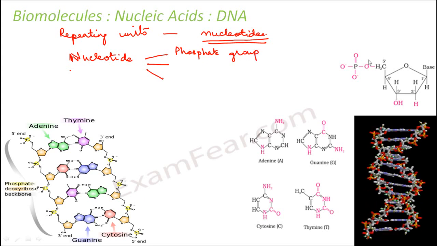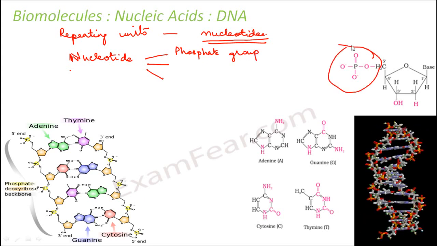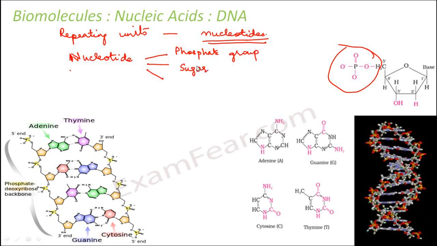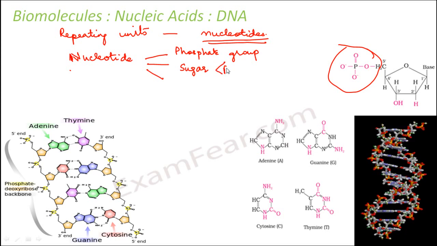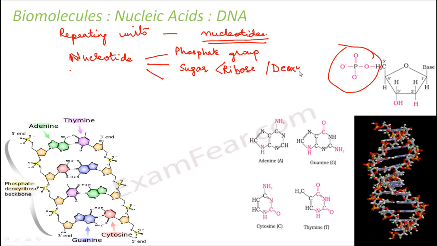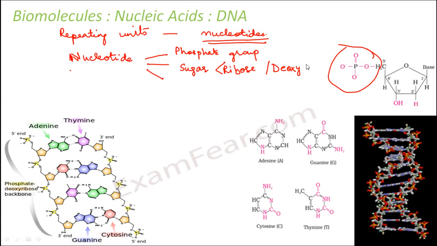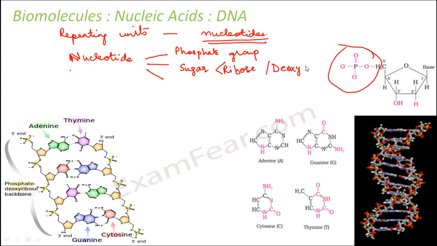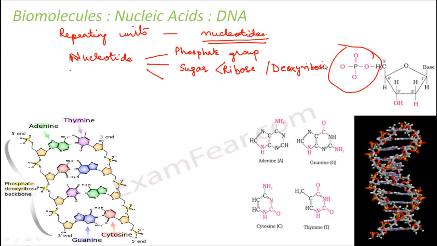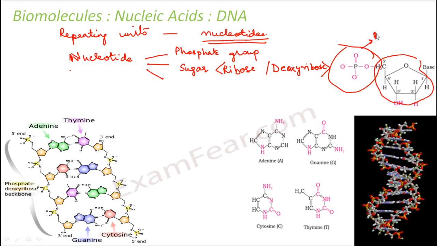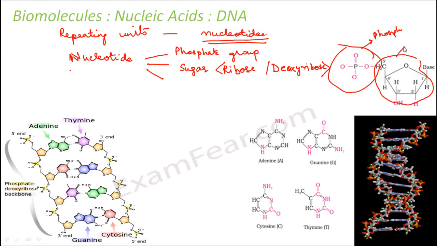So it has a phosphate group, as you can see here. This is the phosphate group. The next part is a sugar. So this sugar can be either a ribose sugar or a deoxyribose sugar. You remember while we were talking about monosaccharides, I told you most of the saccharides or carbohydrates end with OSE, like glucose, fructose, ribose. So this sugar can be either ribose or deoxyribose. So here this portion denotes the sugar. So this is phosphate, this is sugar,